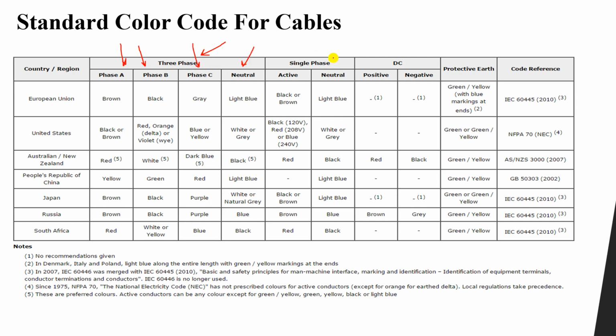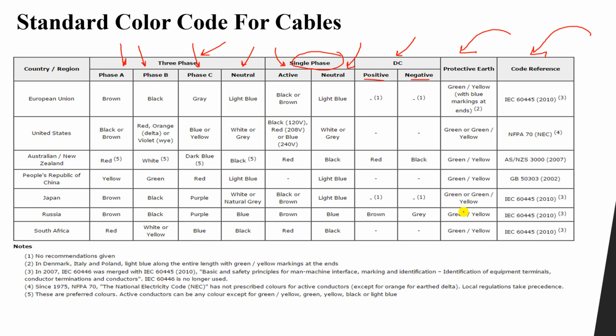Now if we have a single phase system which has a live part and the neutral part, or the live cable or core, and neutral cable or core. And we have DC, which has a positive terminal and a negative terminal, similar to our PV system, and the earthing conductor or the protective earth color,